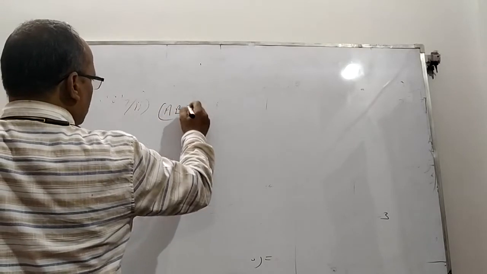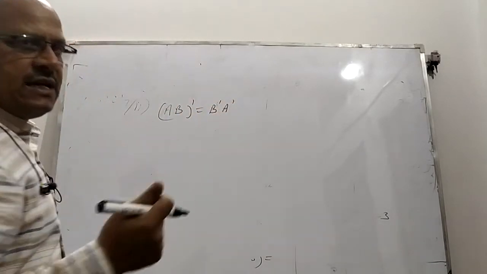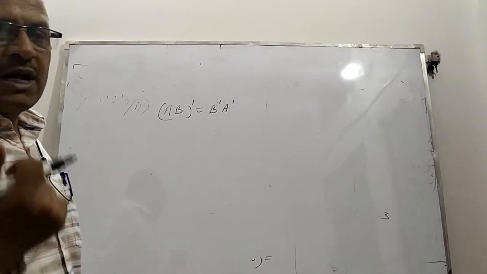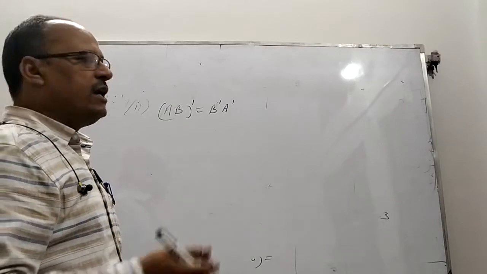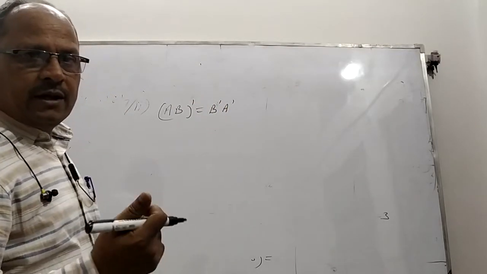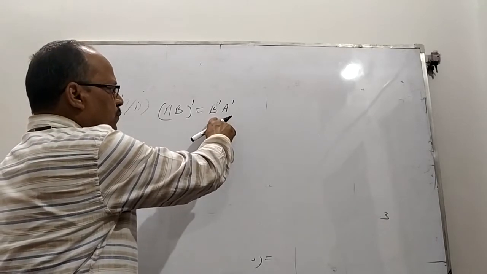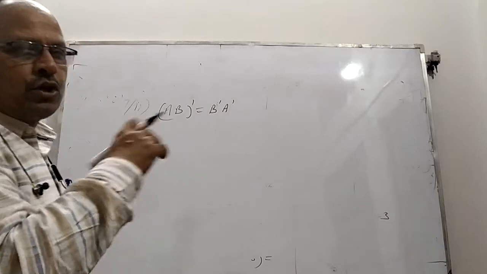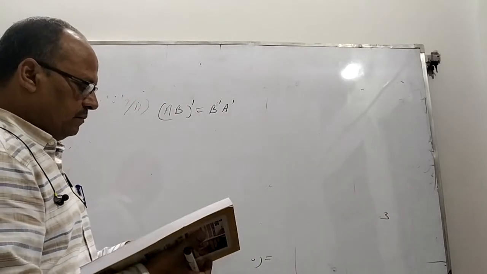Suppose it is asked that you prove or show that matrix A is given, matrix B is given, so how do you prove this? On the left hand side you will get the product AB and then you take the transpose. Here you will get the transpose of A, then transpose of B, and then you will get the product of transpose of B and A. If both are equal, it is verified. These are very simple.